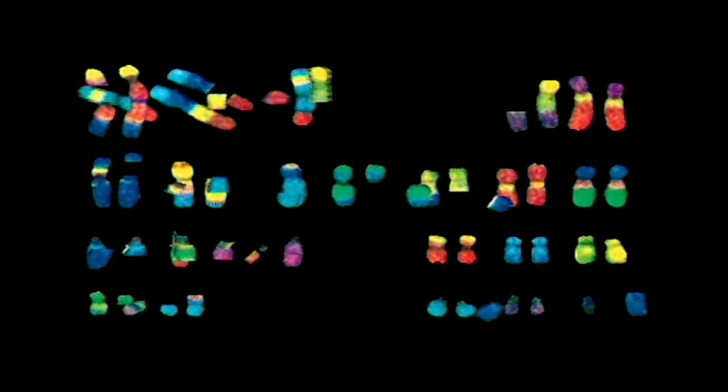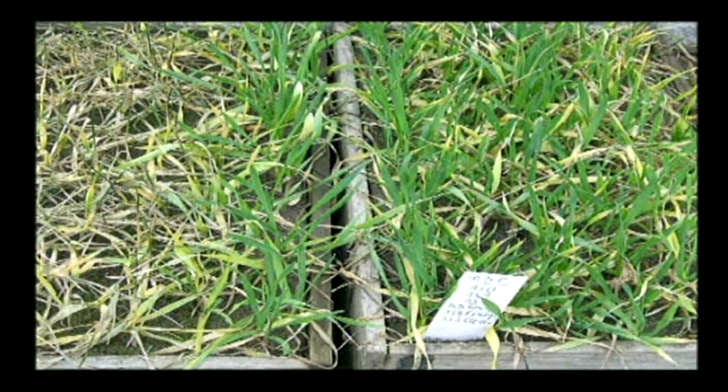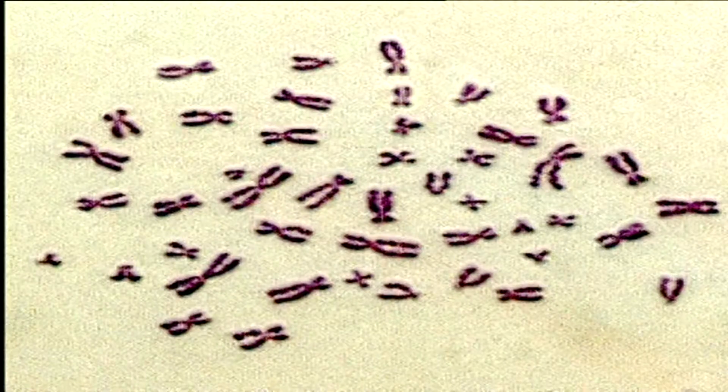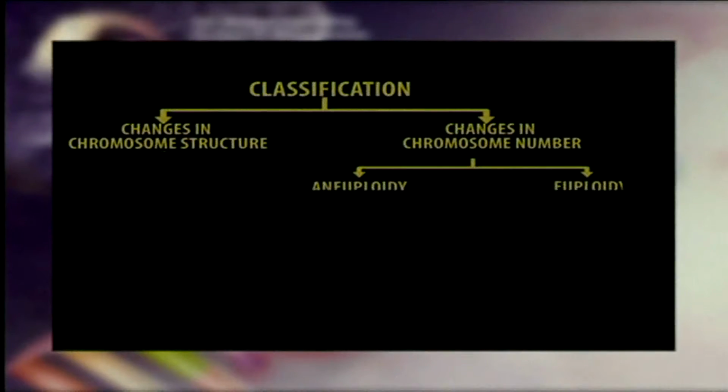However, they can be induced in a relatively high frequency by several radiations and chemical agents. In addition, some genes are also known to induce chromosome breakage, like the activated dissociator gene of maize and other transposable elements of eukaryotes. Dear students, the second major class of chromosomal alteration, that is numerical chromosomal alteration, represents a deviation from the diploid state, which is often referred to as heteroploidy, and individuals possessing the variant chromosome numbers are known as heteroploids.